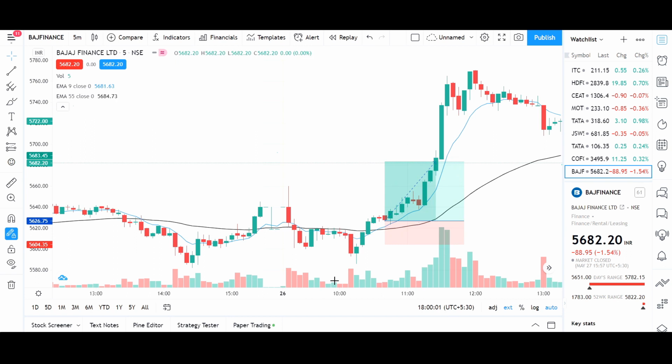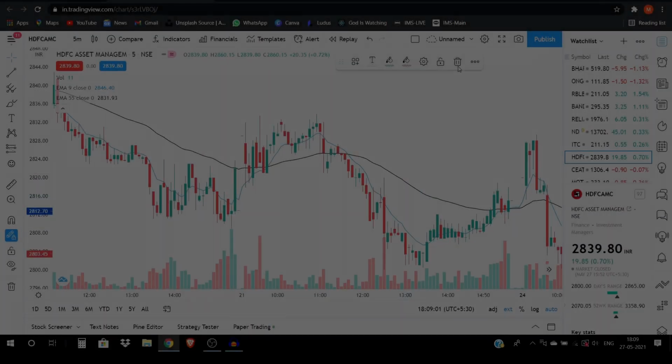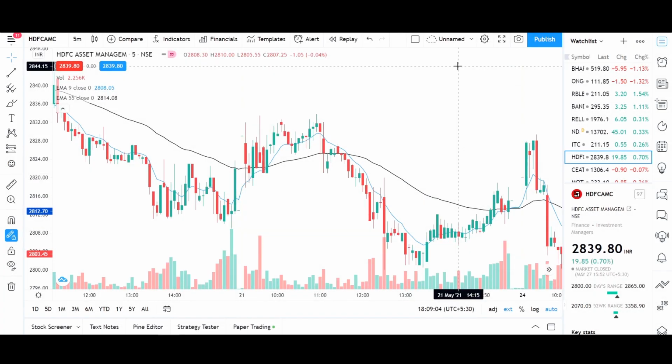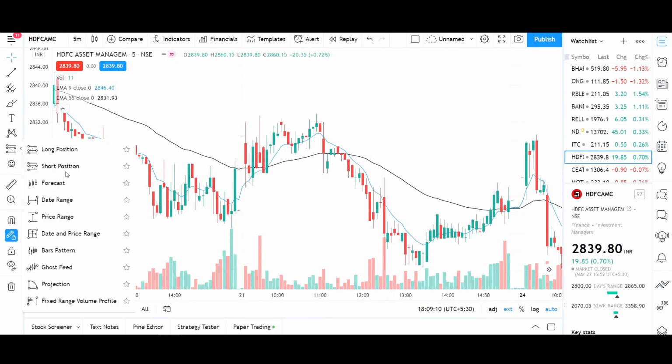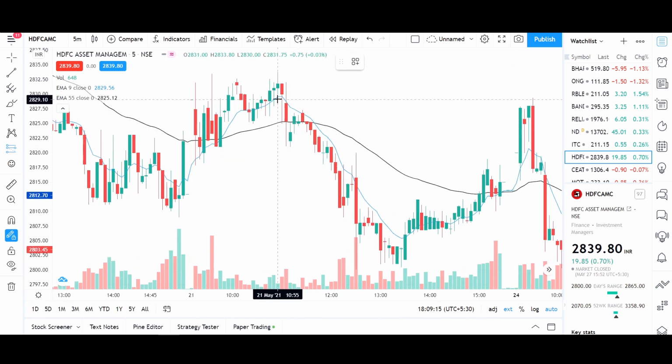So now I'll tell you guys how you can take a short sell trade using the same strategy. So let's get to that now. So guys, now I'll show you how you can take a short trade using the same strategy. As now we've understood how the EMA crossovers work, when the 9 EMA cuts the 55 EMA from above, that indicates a bearish trend. That indicates that the market is going to follow a bearish trend, right, as we can see here.